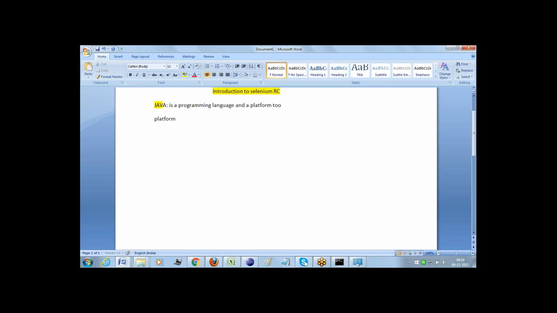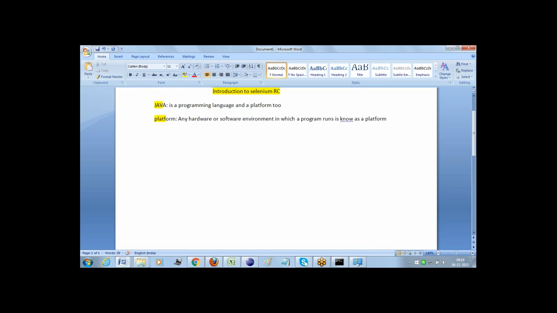Immediately a simple question will rise in our mind: what is a platform then? We know about a programming language, but what is a platform? Any hardware or software environment in which a program runs is known as a platform.